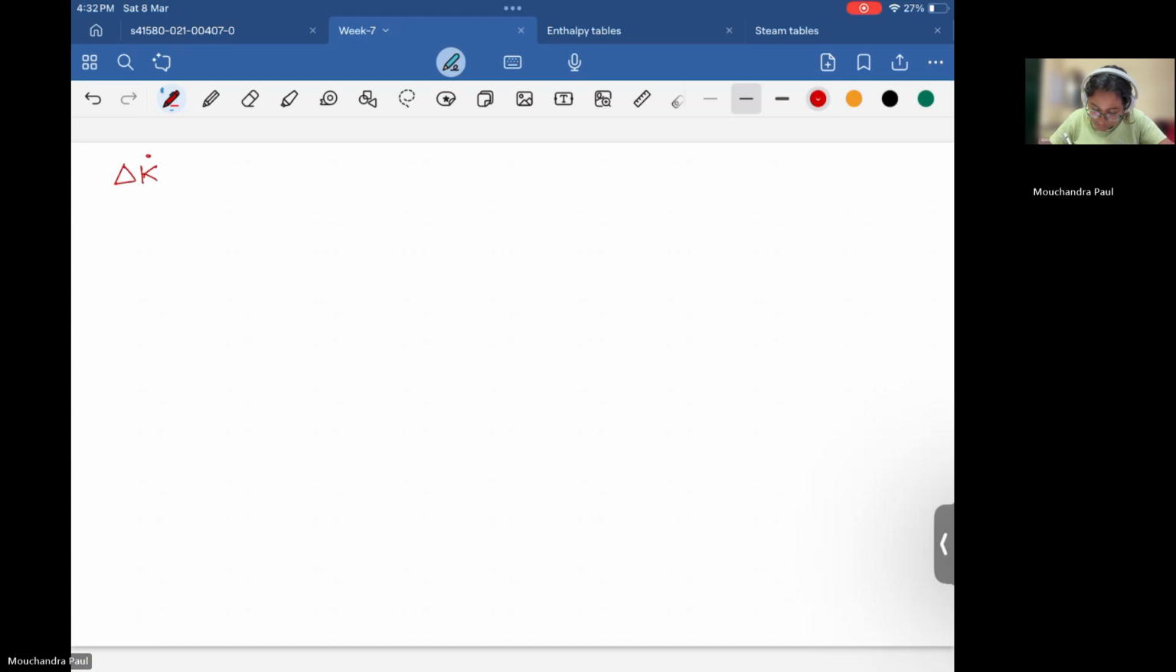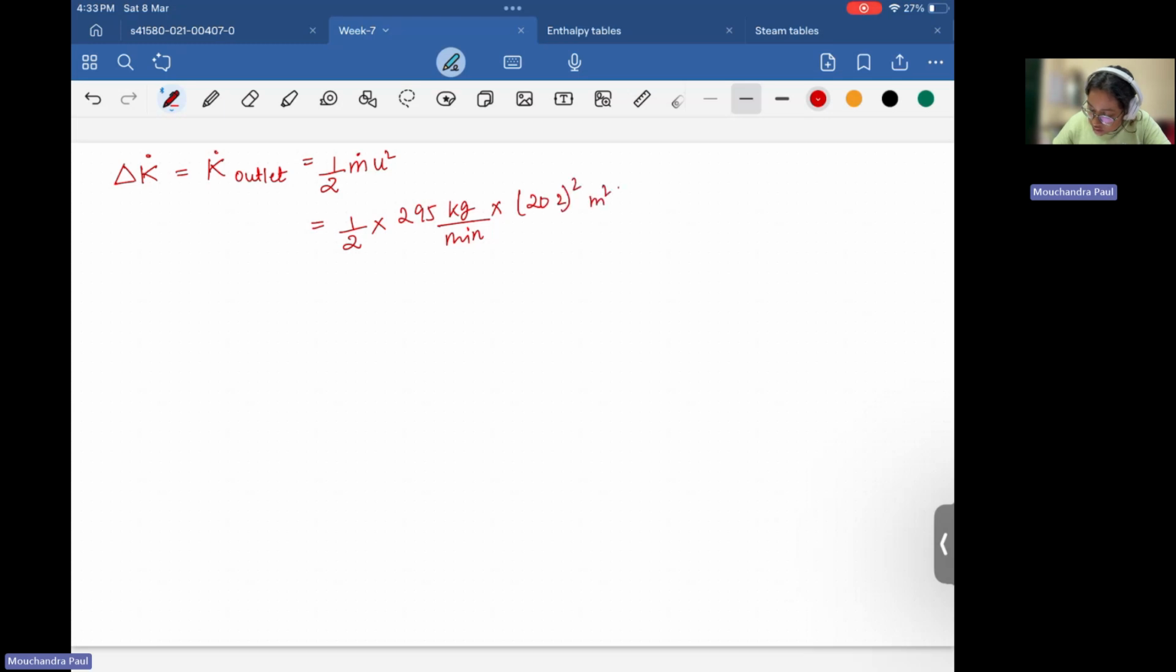So what is then the delta K dot? It is basically K dot outlet. It is half m dot u square. So m dot for the outlet is 295 kg per minute, and u square you just calculated, it is 202 square, meter square per second square. We have to convert it to in terms of joules per minute. So we will use